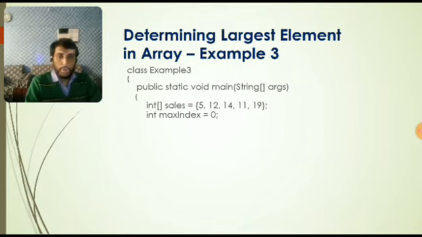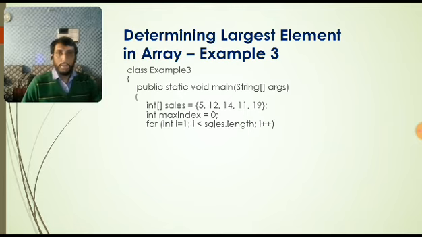So because we are going to find the maximum, first of all the maximum index should be declared as 0, and then we have to run this loop. i should start from 1, and then it will run till the length of the array: i less than cells.length. Whatever data are kept in cells will be counted with the help of length. Length is the key, and then i plus plus.